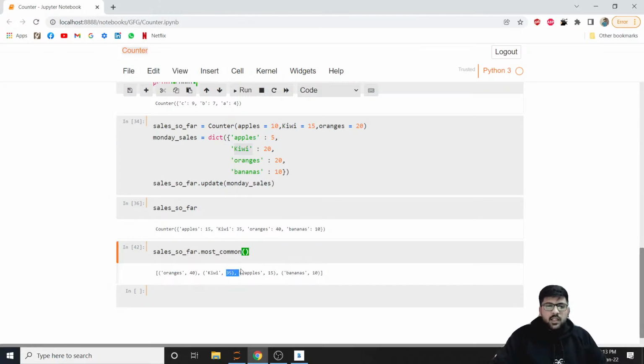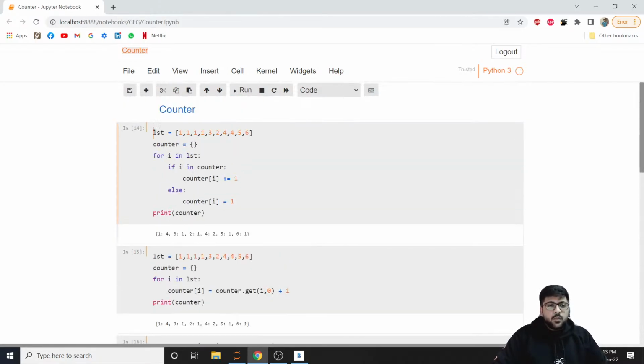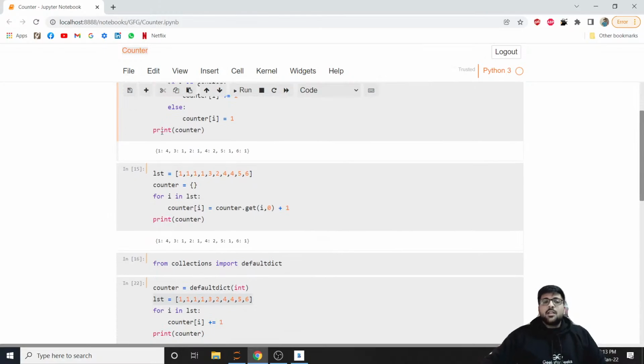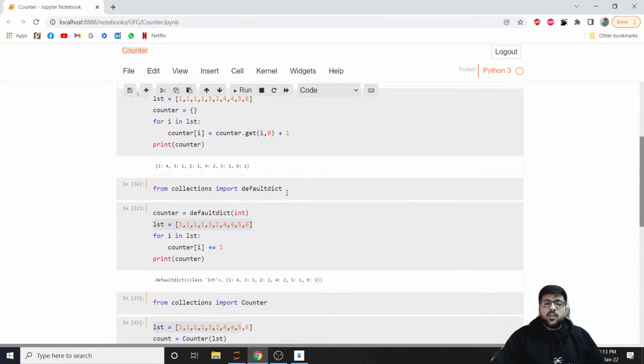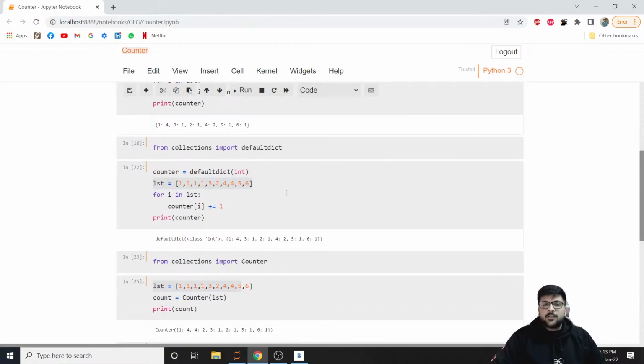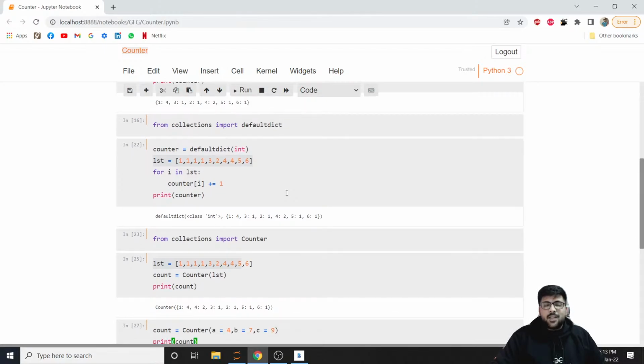So let's do a quick recap of what all we've learned today. So we learned a couple of basic dictionary functions, what a dictionary is, and the get function in dictionary. Then we were able to learn how to create a counter by using if-else statements and using a basic dictionary. Then we learned how to create a counter by using the get function of a dictionary. Then we also learned how to use the default dictionary function and, of course, the counter function, which is the